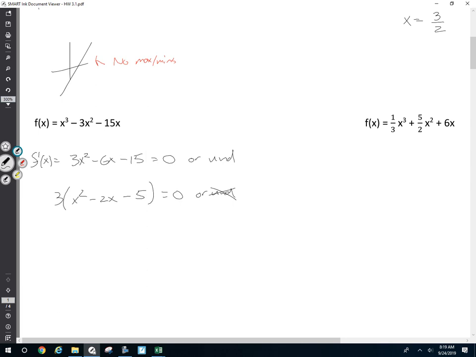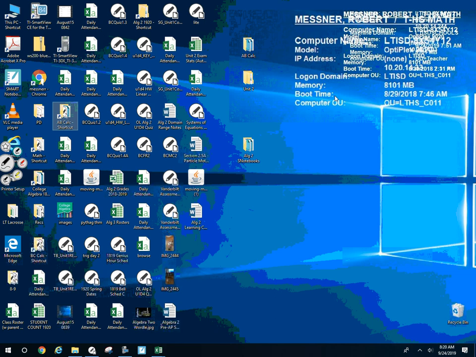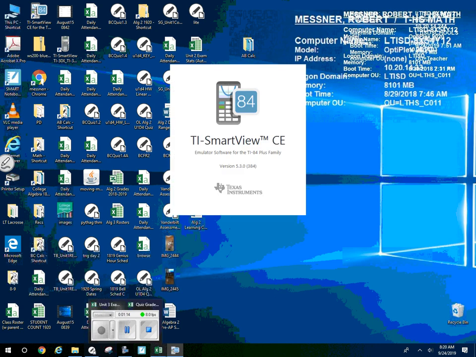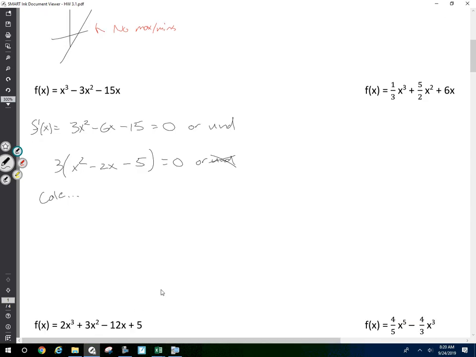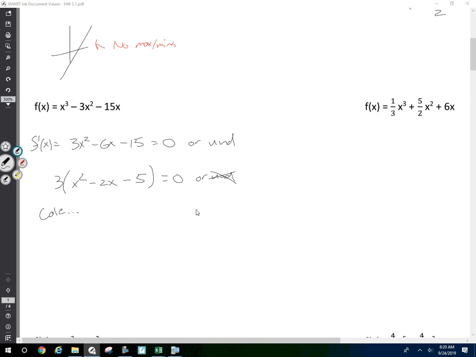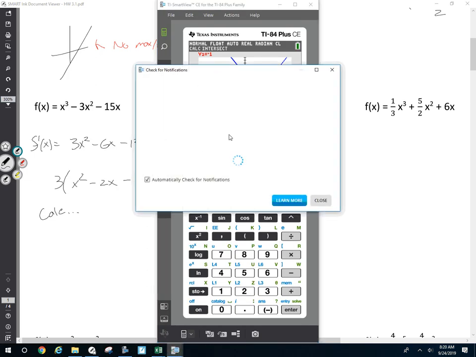Reminding you, let's say I had my calculator. You will be asked to solve equations like this that are unsolvable by hand on a calculator portion of the AP exam. Now, you don't have to worry about that for your test because we're not going to have a calculator for our test. We'll start working with calculators as we get closer to the midterm and in the second semester. But just as a reminder, if I wanted to solve this equation,